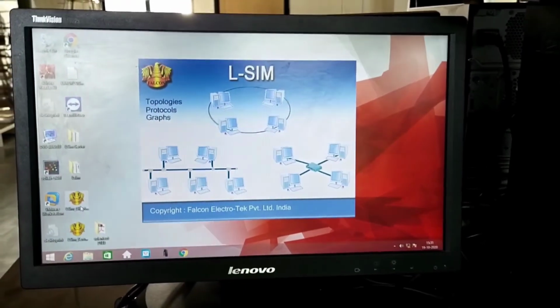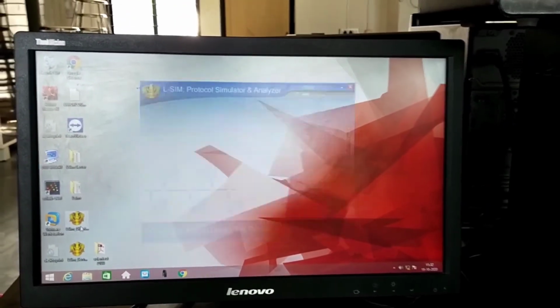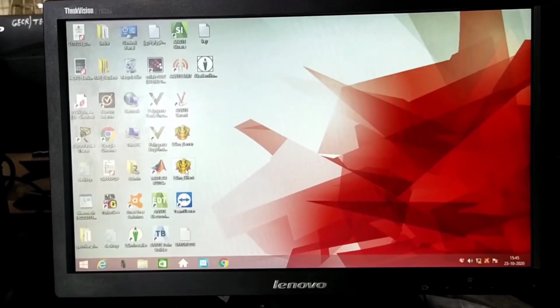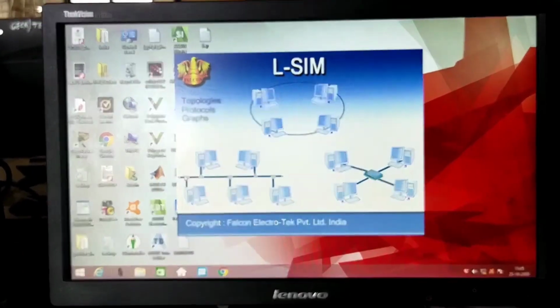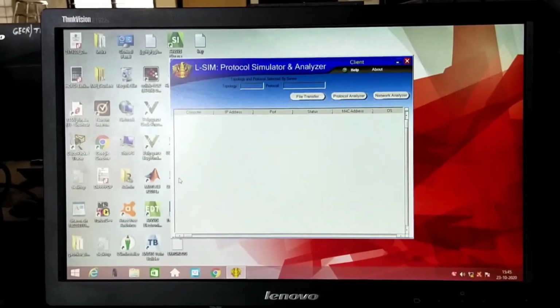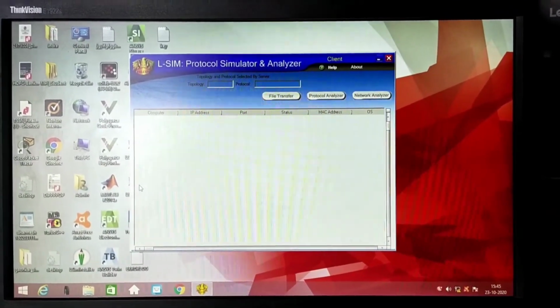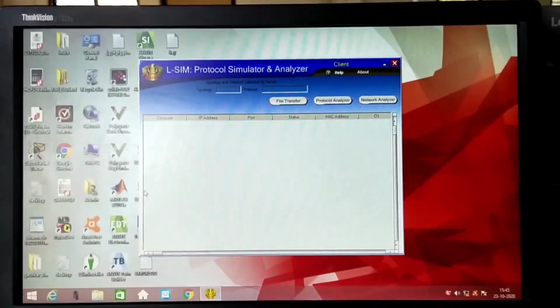First of all, we have to open LSIM software on client side on either side. Here we are. As you can see, it will not show anything until we switch on the server.